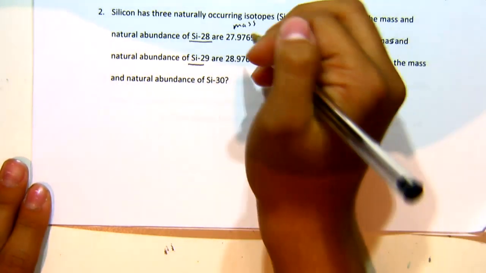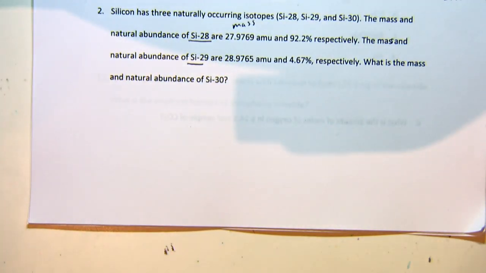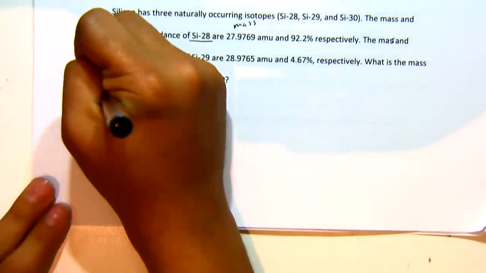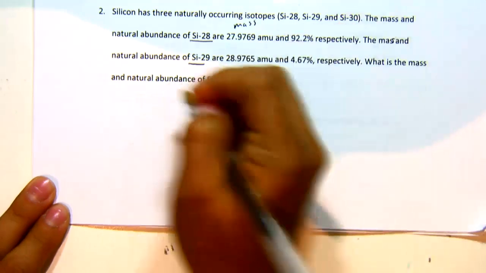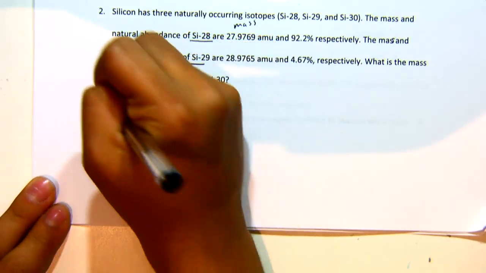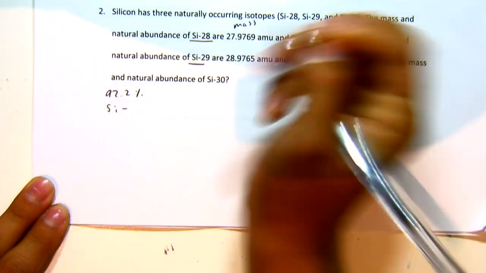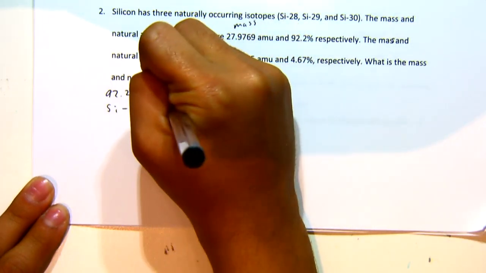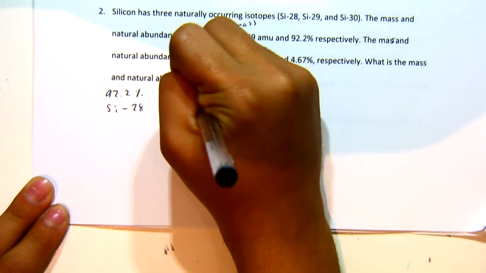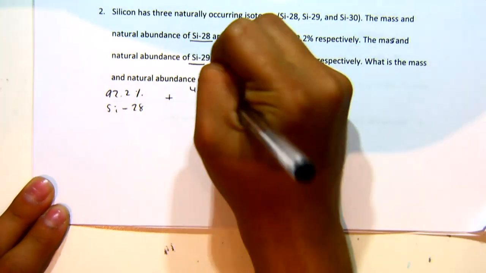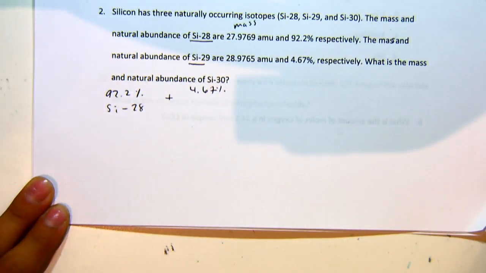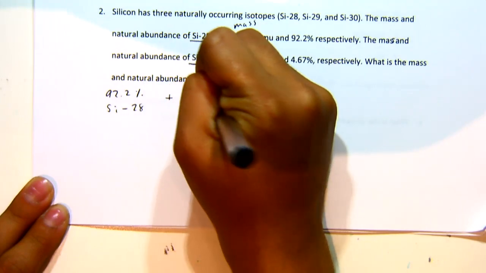So first off, we know that, especially since we're working with percentages, the isotopes in total are going to have to equal 100%. So if we already have 92.2% for Si28 plus 4.67% for silicon 29,